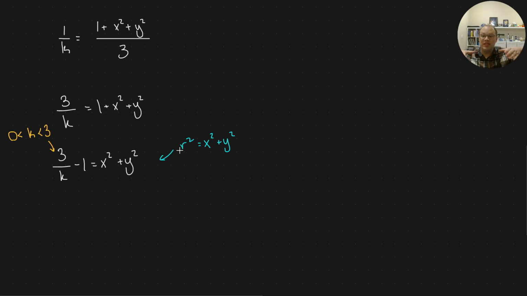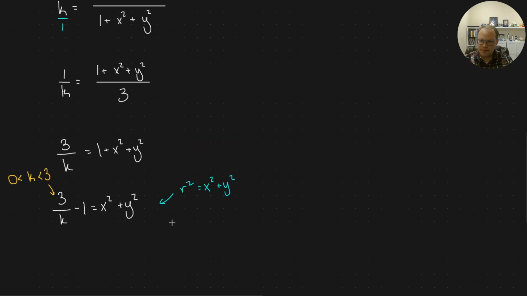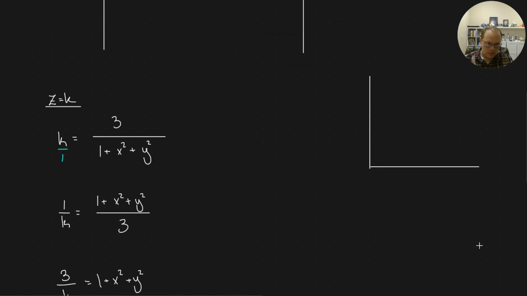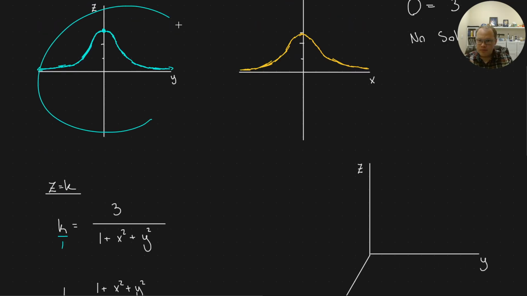So as k, or the z value, gets bigger, the circle gets smaller, the radius gets smaller, until at 3 it kind of evaporates and goes away. All right? So if we kind of put together what we have, just roughly,